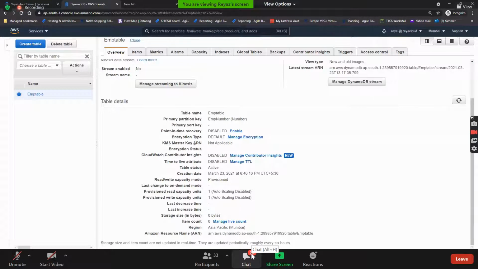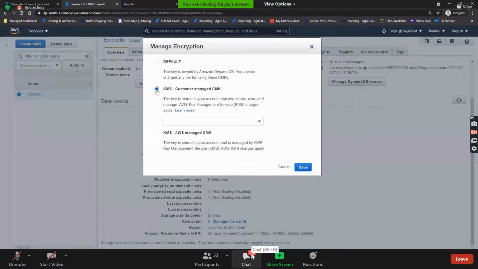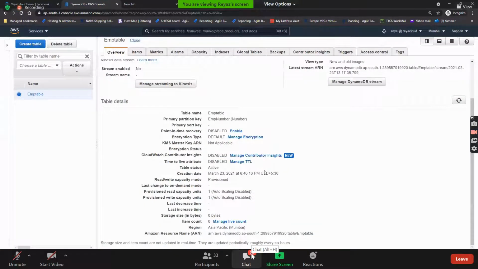For managed encryption, we have not encrypted it, but if you want to encrypt something, you can easily do so, and you know very well that we already have a default AWS managed key from KMS. You can use that for encryption. And for creation date and provisioned capacity, we have given 1 RCU and 1 WCU. Then we have storage size.